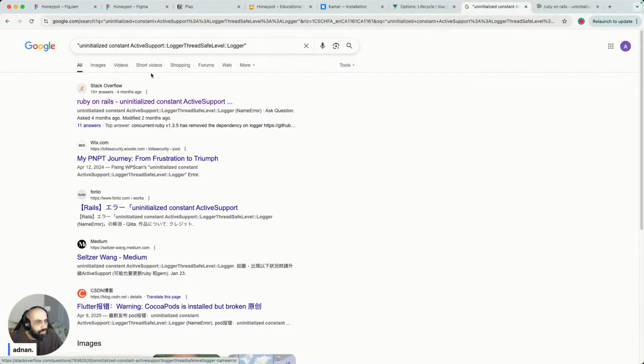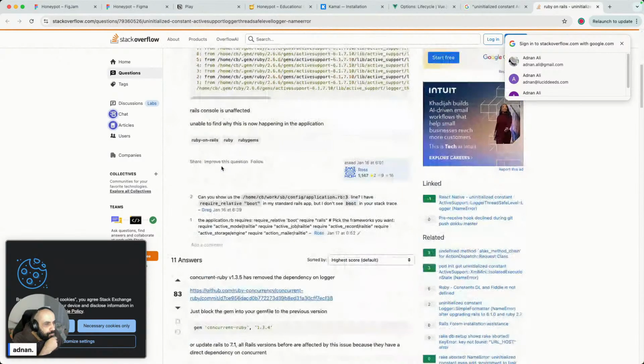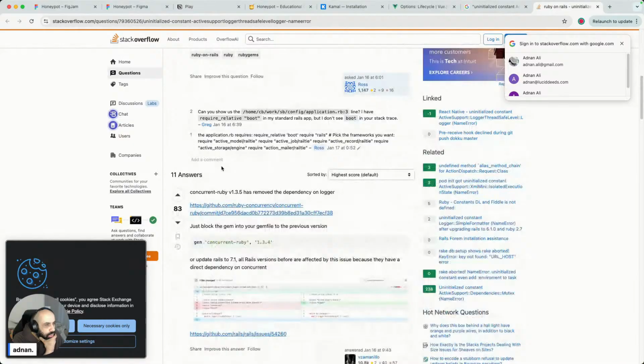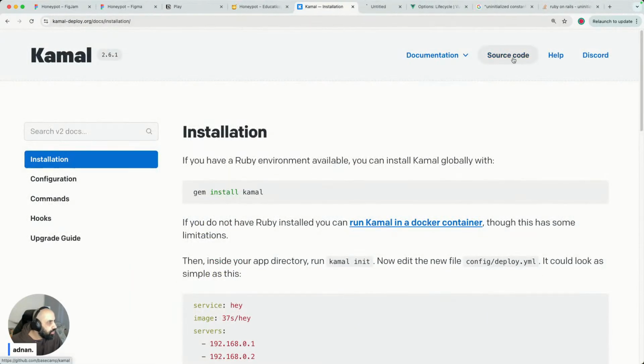Four months ago, not a lot. So this is four months ago, someone's using Ruby 2.6. Concurrent Ruby has removed the dependency on logger. Just block the gem in your Gemfile with the previous version. Concurrent Ruby. Okay, I wasn't expecting to do this, but okay, fine. This is what I would have done also